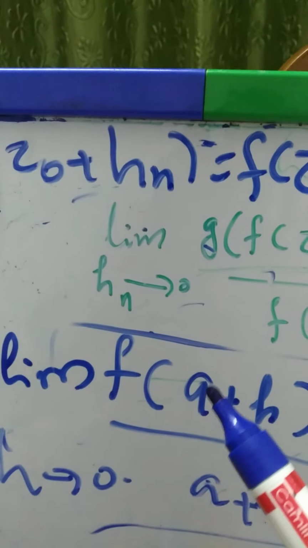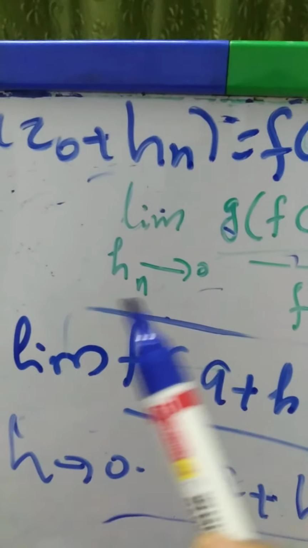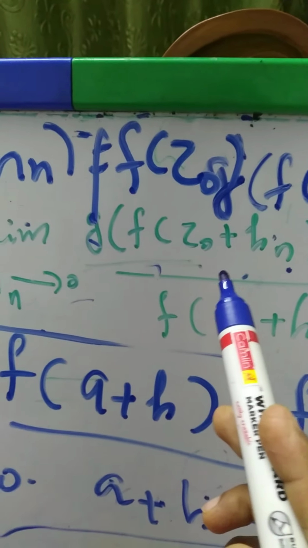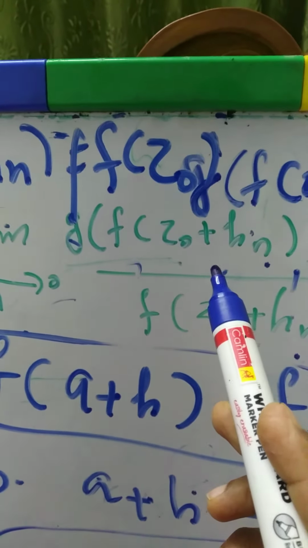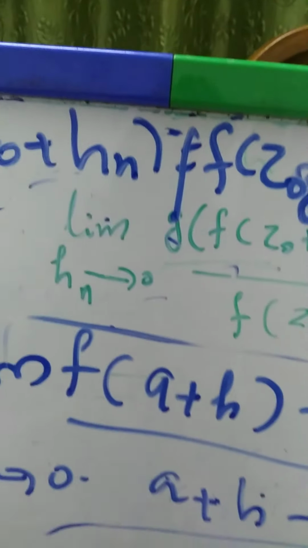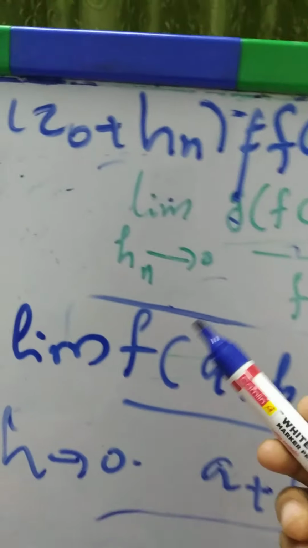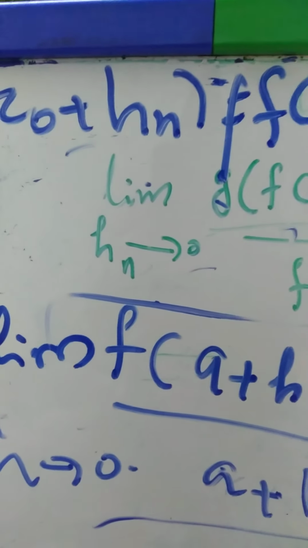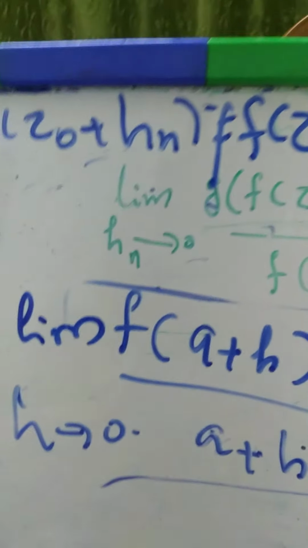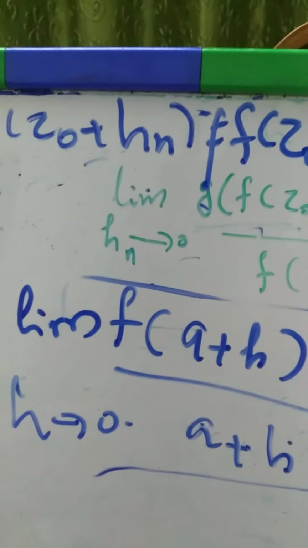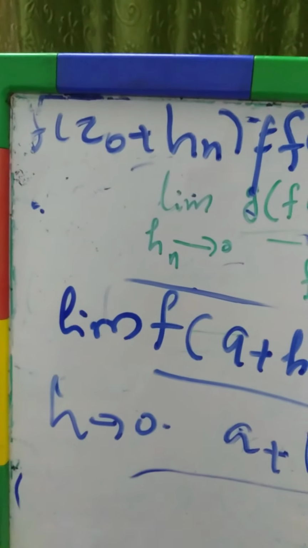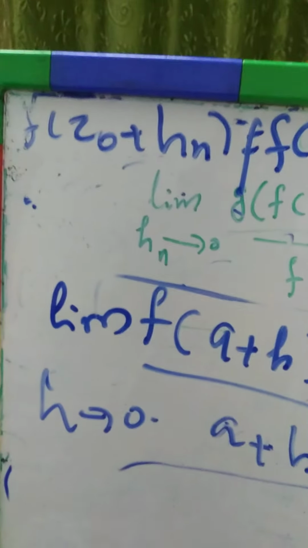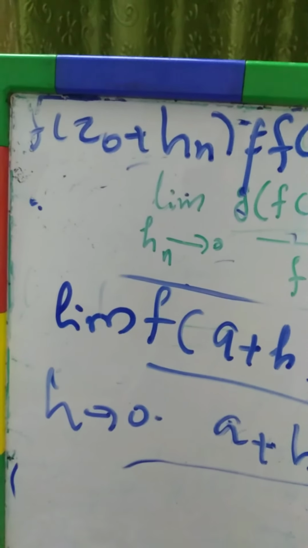So for case 1, f of z naught plus hn not equal to f of z naught, and z naught is an arbitrary point from G. So for this z naught, we verified that g composition f is